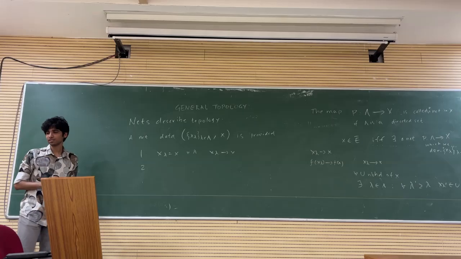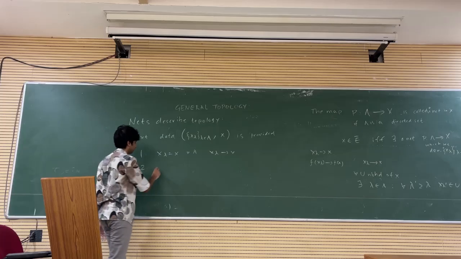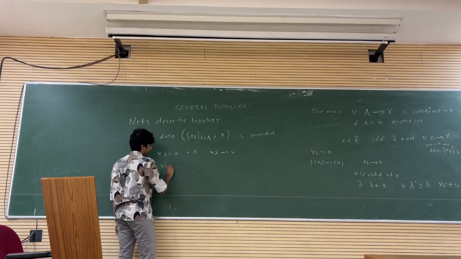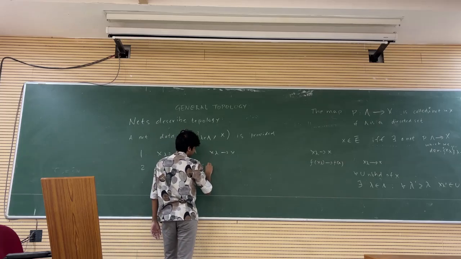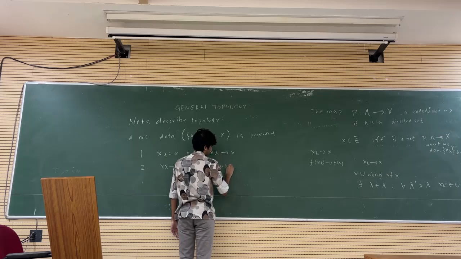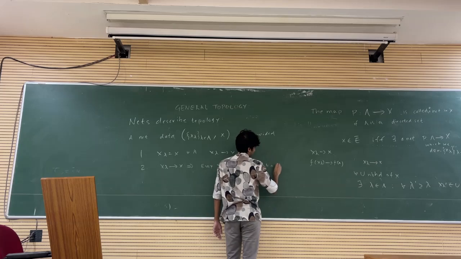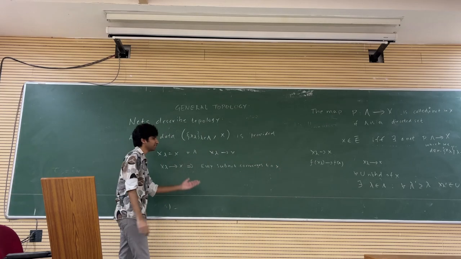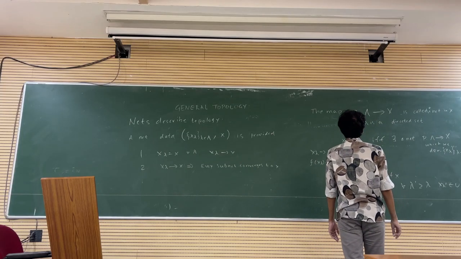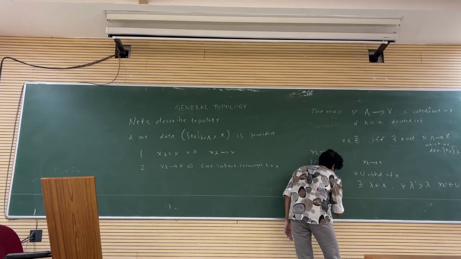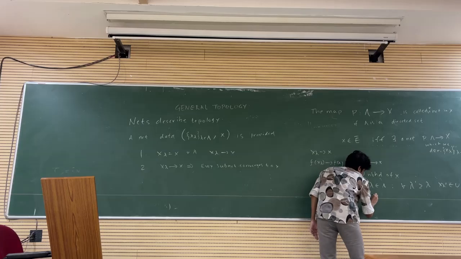Okay. These are all things which you have seen in analysis. x lambda converges to x implies every subnet converges to x. What is a subnet? Okay, yeah, that is a bit non-trivial. So a subnet of P